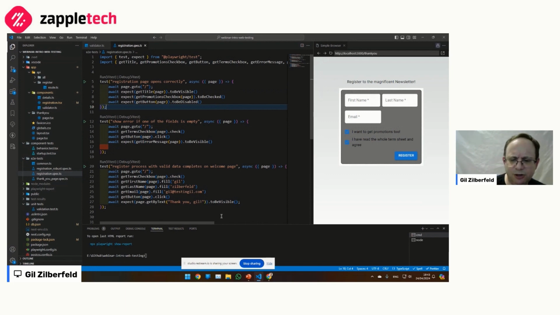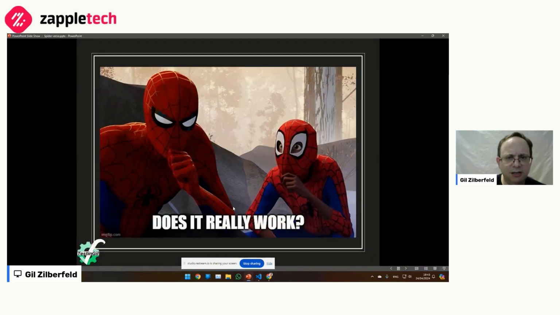And then we go back to our question from before: does it really work? Because, like we said before, does it really work requires us to say what is important for us, and therefore I need to define that the data was saved. Now, I showed you the API before. There's a register API that saves the data to the database. If it was the only thing that was available, we'd be in a conundrum because we wanted to check that the data is there.